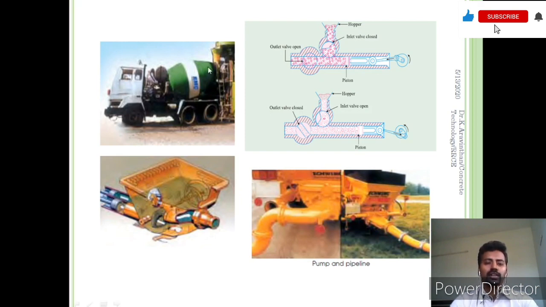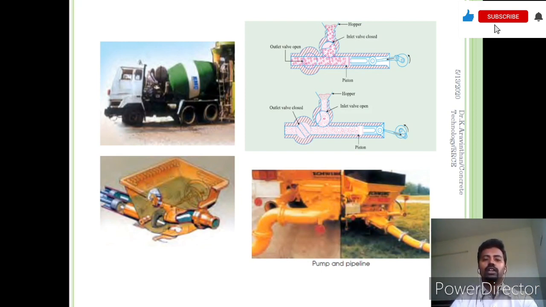So you can see an RMC truck. This has a rotating drum. In this drum you will have blades, and this drum can be rotated at a constant speed. You will have an attached pump. After transporting the concrete, this concrete is placed inside the pump. In the pump you have a piston in order to pump the concrete to a distance or to a higher elevation, in a vertical or horizontal direction.